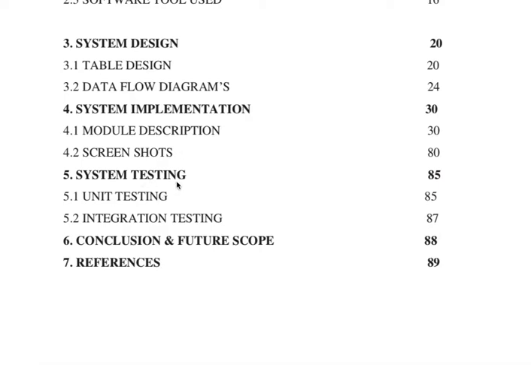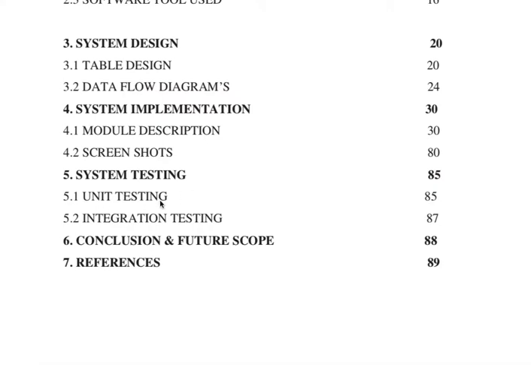In the testing part, unit testing, integration testing, all you have done. If you have performed any testing like alpha testing or beta testing, you can show it or write it here. Unit testing means module-wise testing. It means what inputs you have given. For each module, you have to show both wrong inputs and correct inputs in the unit testing.